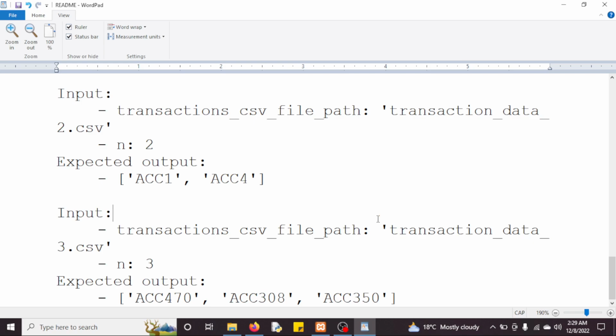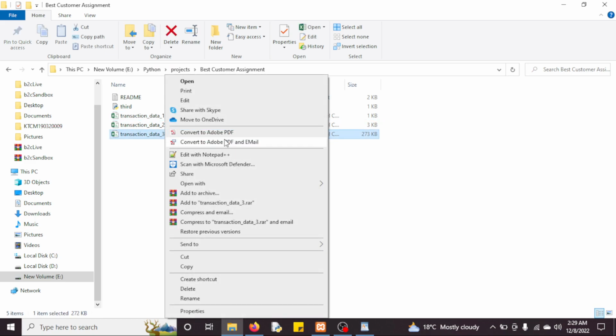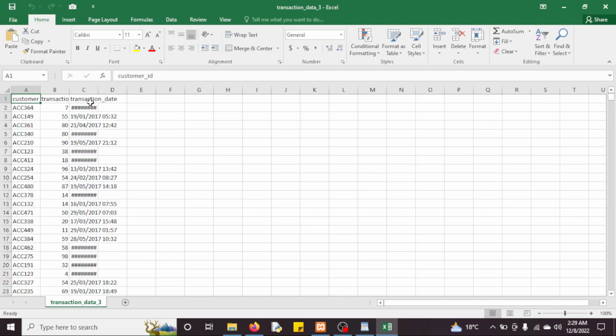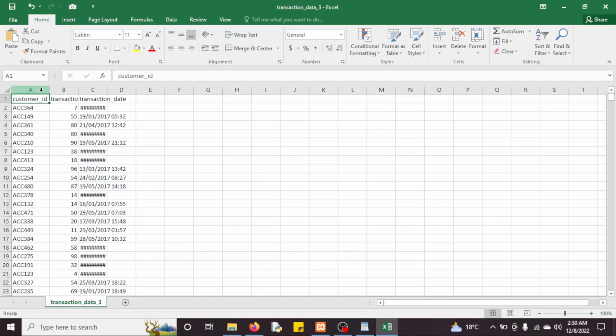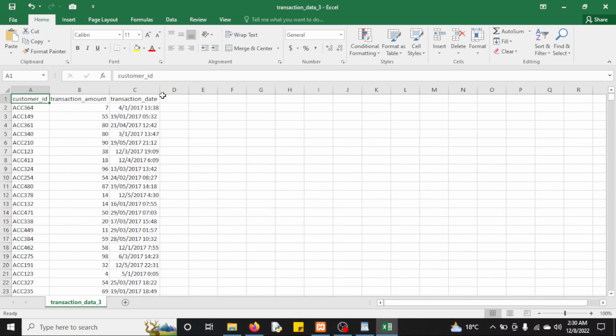So that's what we are going to do. We are going to run the program, but first of all, I'd like to show you how the data looks. Let me open the third data. This one is a CSV, so I can click there to enlarge it. You can see I've got the account numbers and the amount that they paid. The amount is not a problem.